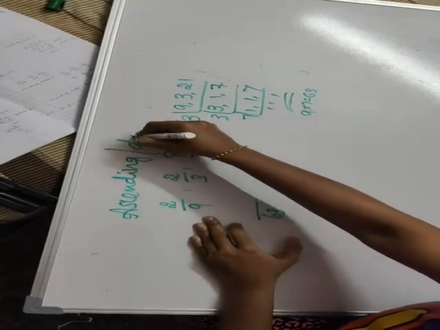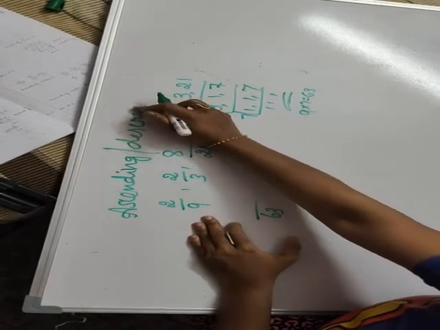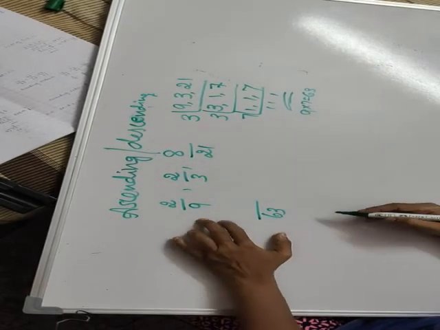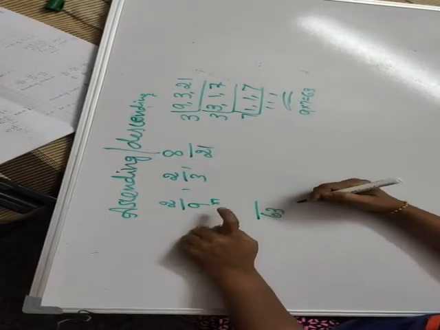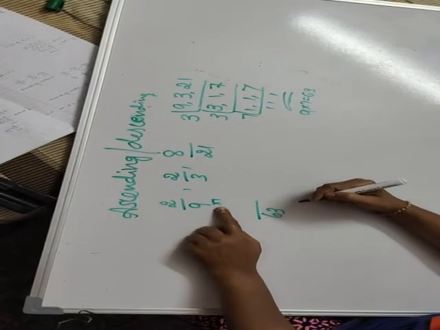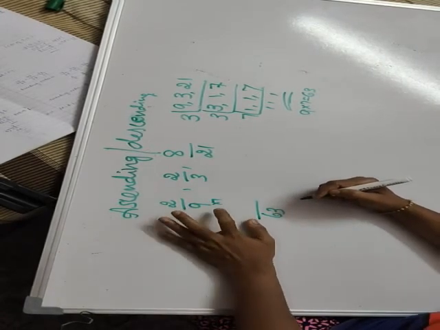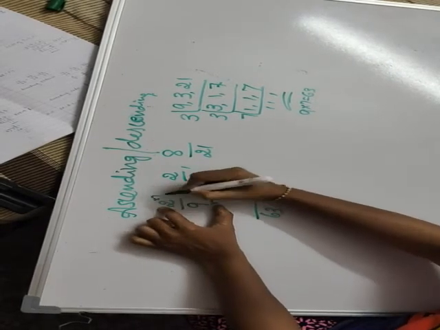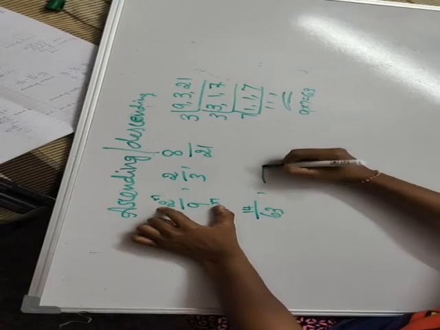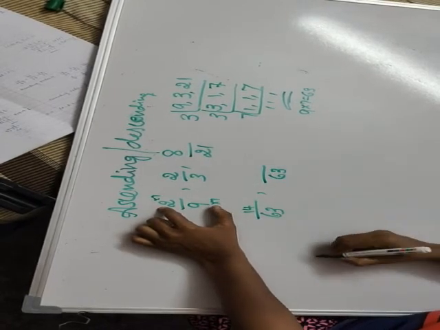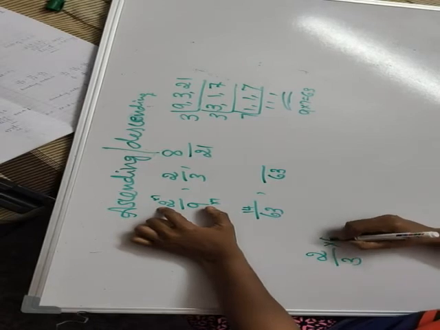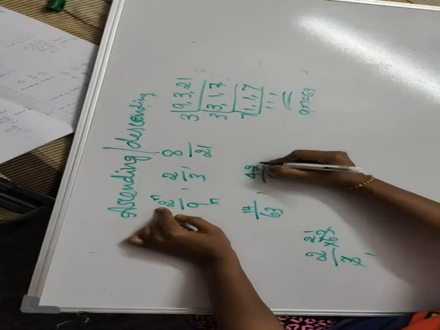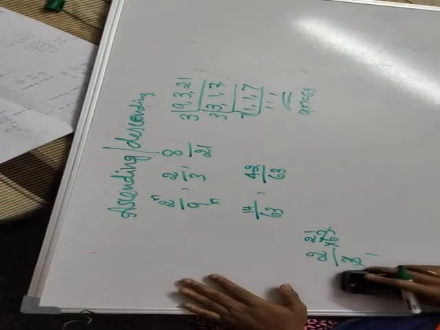Ascending or descending? Descending. Okay. 9 how much? 9 7s. Write this one in pencil, small. Now don't write 9 into 7 in big letters. 9 into 7 is 63. So 2 into 7 how much? 2 into 7 is 14. Okay. Here 63, 2 by 3. If you are feeling difficult, you can do this one: 63, 3 21s are 63, 2 21s are 42. Yeah, see, this is also easy.